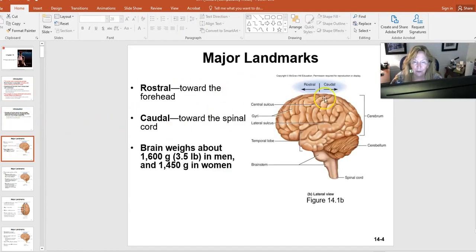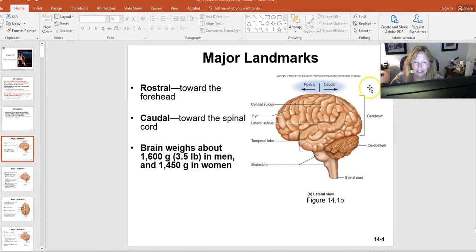When we look at the brain and the anatomy of the brain and the structures associated with the hemispheres of the brain, we are going to be looking at the different parts and making sure that we know the specific functions of each part. And the reason for that is that if anything is injured or damaged due to trauma or pathologies, then we know what functions are associated with that